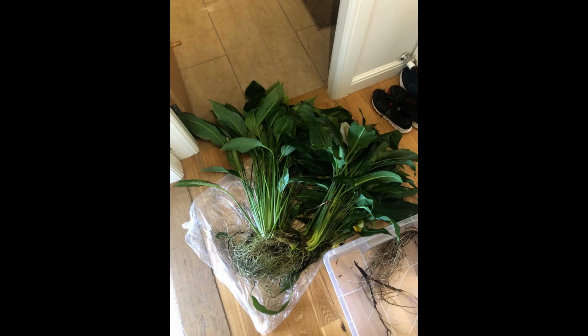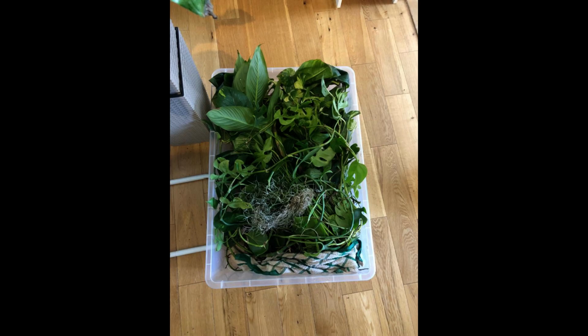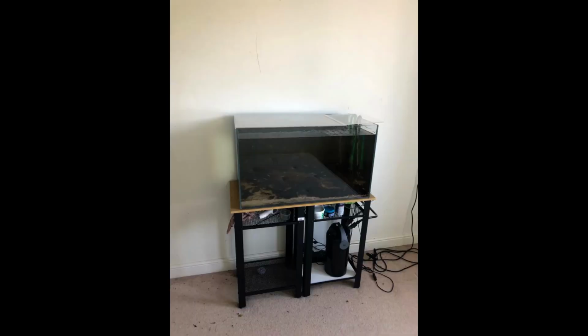And these are the plants actually. These are peace lilies, I think there were three of them, and they were almost one meter tall. I packed them into these plastic boxes, hoping that they would survive there. I kept their roots wet, and this is one of the peace lilies in a pot, but sadly it didn't survive as well. And the tank, when it was empty,